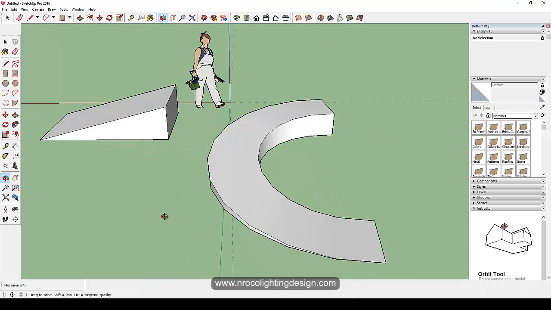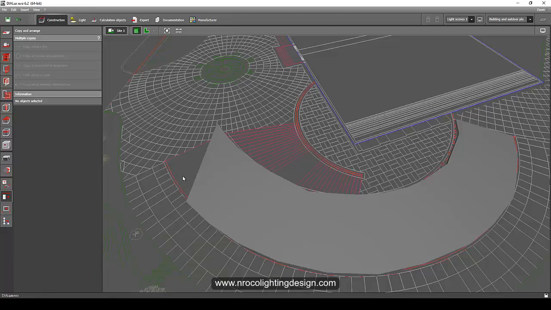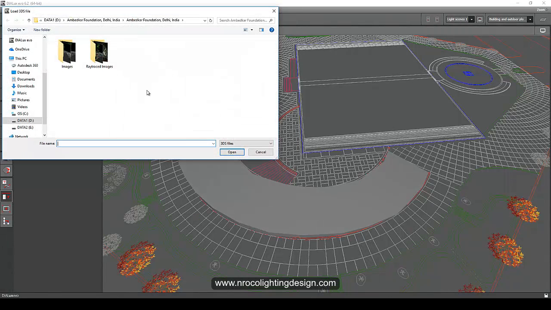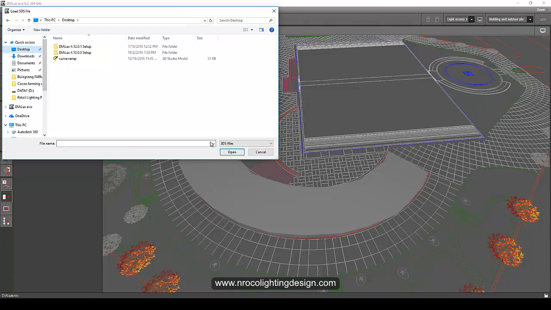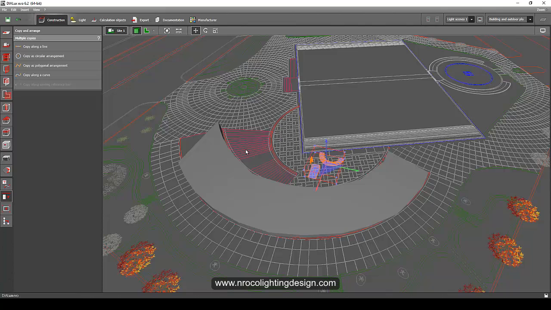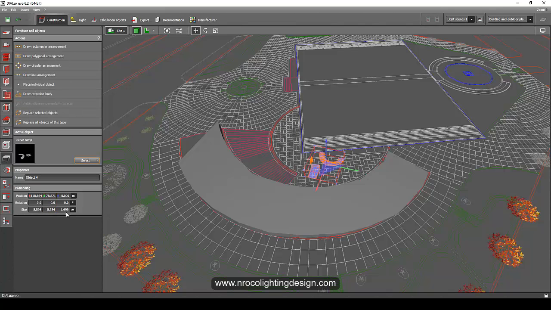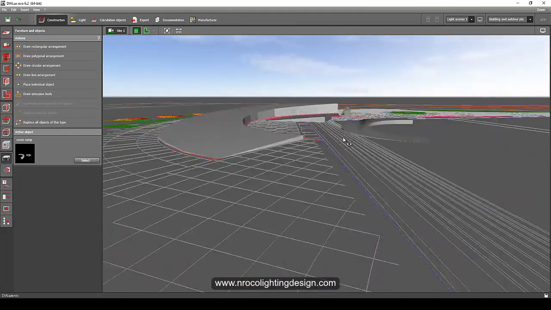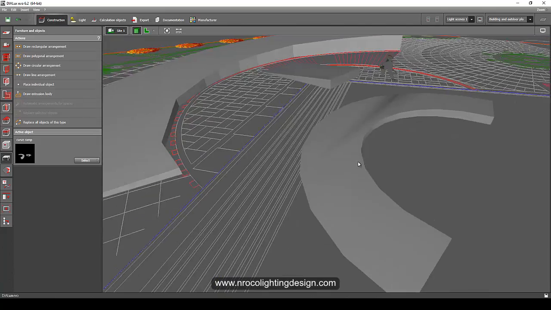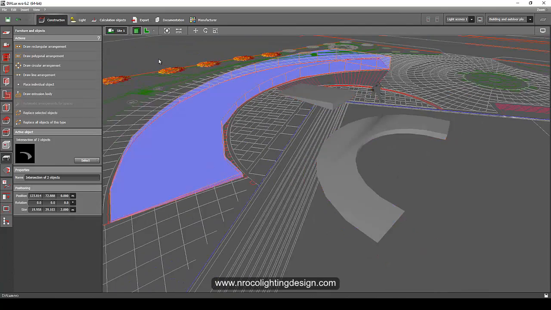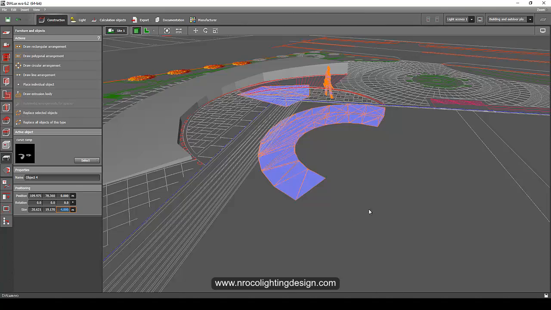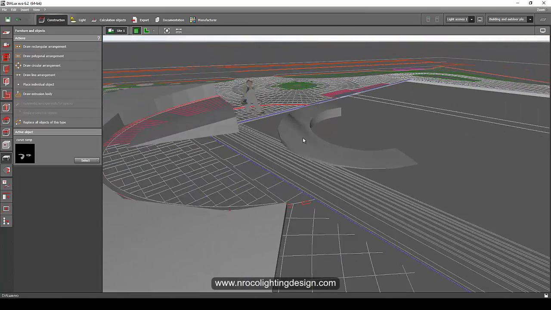So yeah, either this one or this one. Oh, I forgot, we need to import the 3ds files that we created in SketchUp. Let's see how it looks. So let's go to the desktop and get this curve ramp, and let's scale it a little bigger. Okay, alright, so here is the ramp we created in SketchUp and the ramp that we created in Dialux Evo. See the difference? So let's make it 4 meters. Yeah, so there you go.